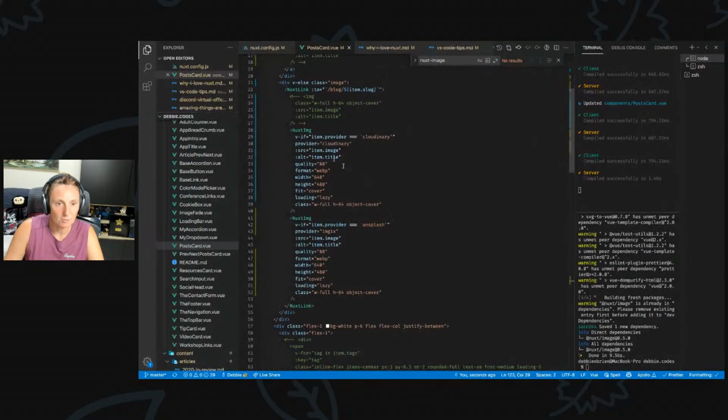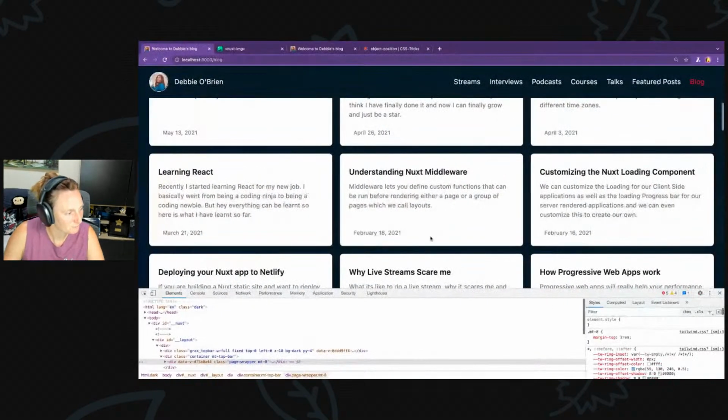Basically, we're using the provider. I'm saying if the provider is Cloudinary, use the Nuxt Image Cloudinary provider. If it's Unsplash, use the Image X provider. So now I want to go to